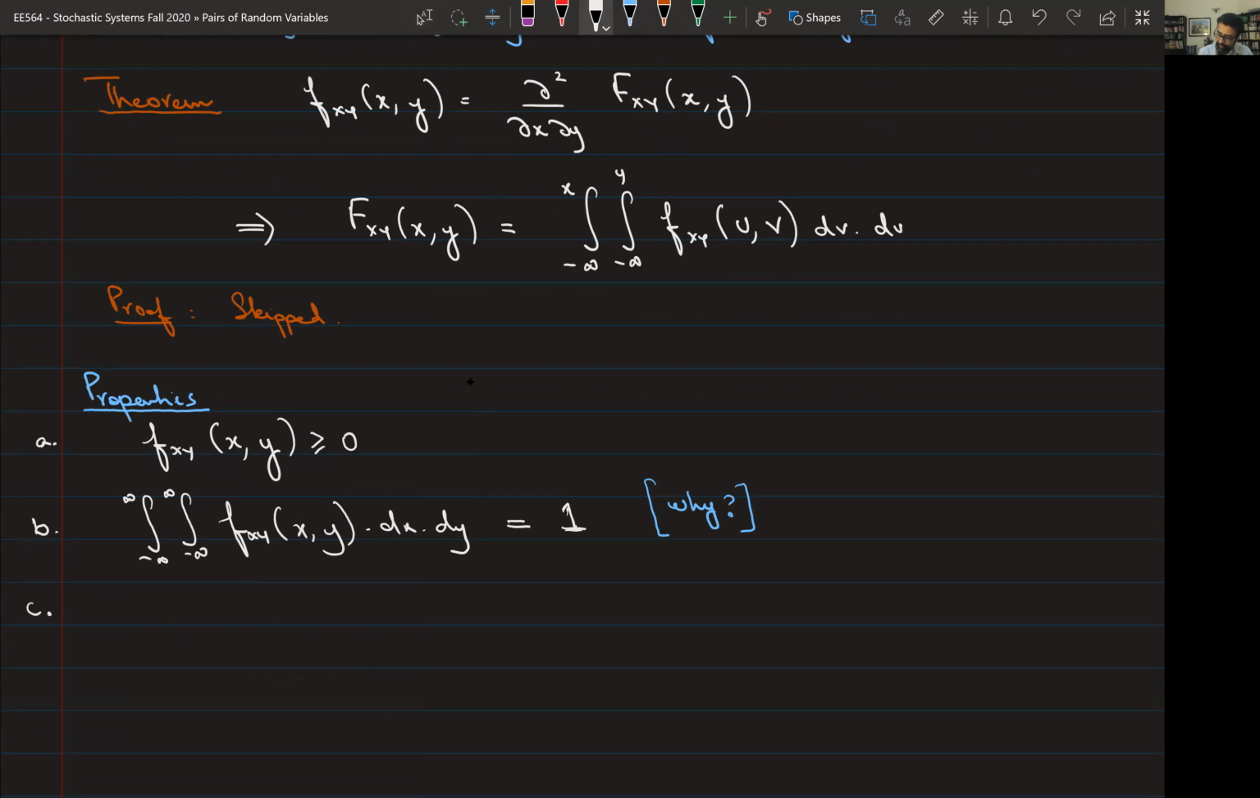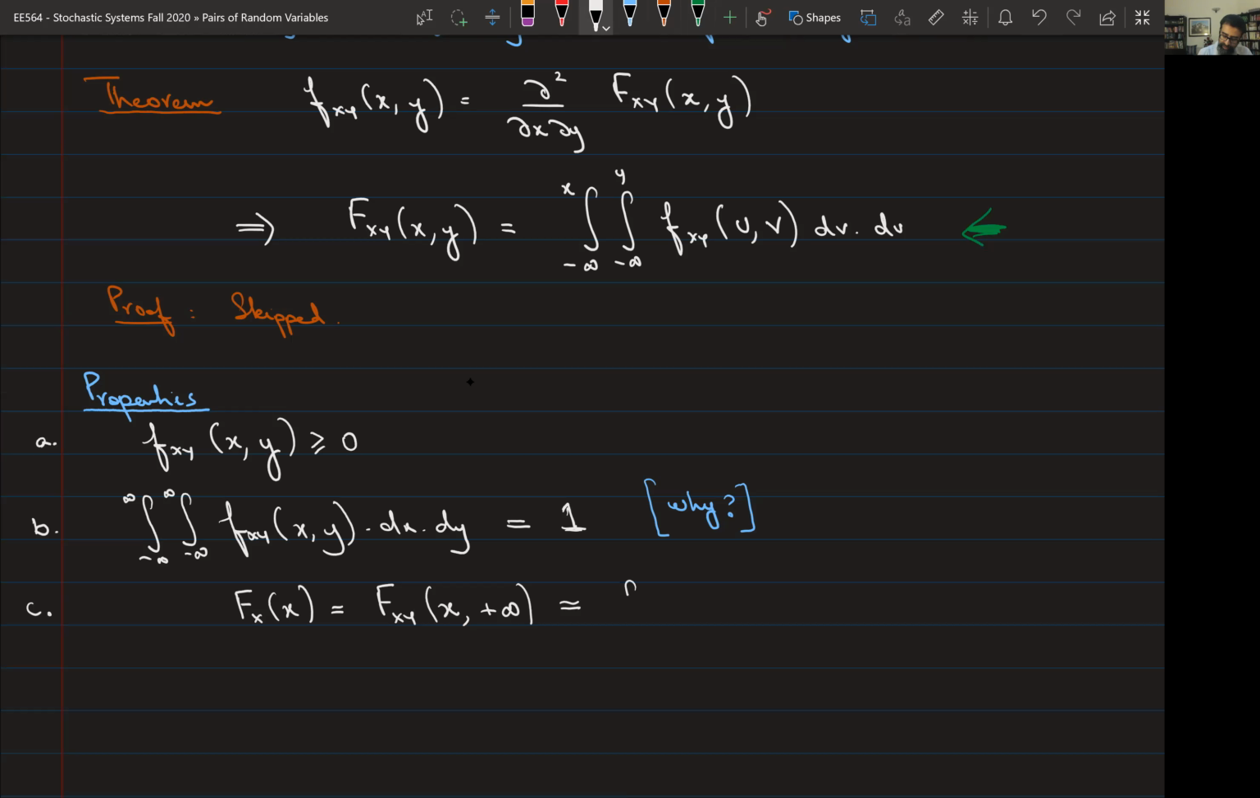Here's one important thing: what is Fx of x? Remember, in the properties of the CDF, we defined this to be equal to Fxy evaluated at x and small y equal to plus infinity. So if I use this definition here, to get this definition here,